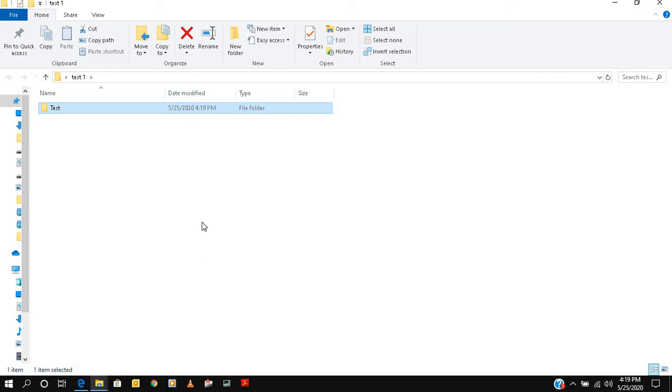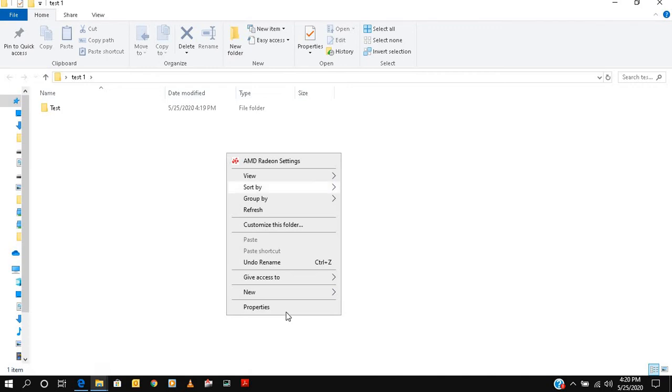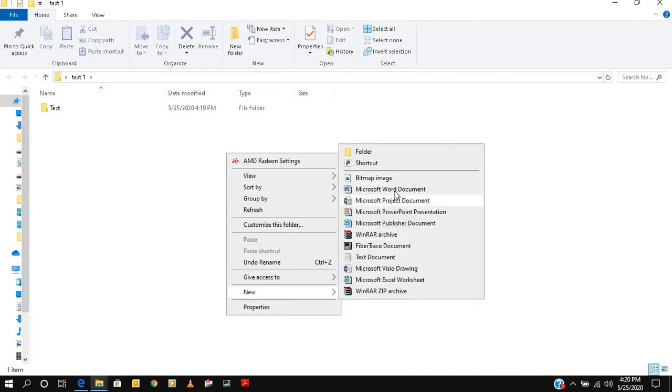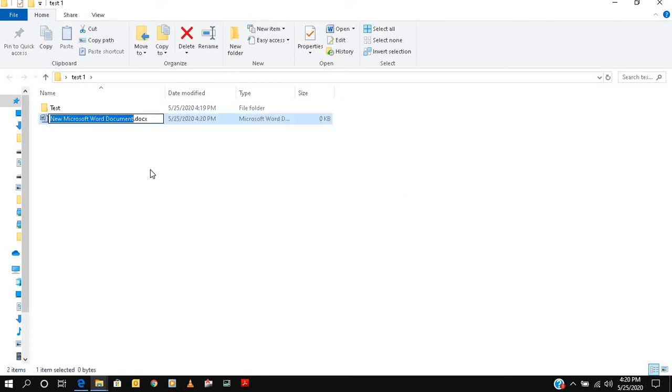Okay, now let's see how we create a file inside this. If we want to create a file, we can also go from Word, Excel, or any of the applications, and save here. So we are creating some files here. What you will do is right-click here, click New, and first here is Microsoft Word document. You just create this,